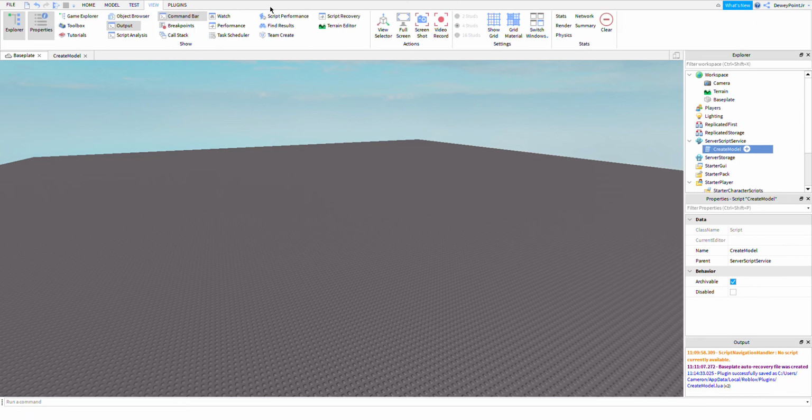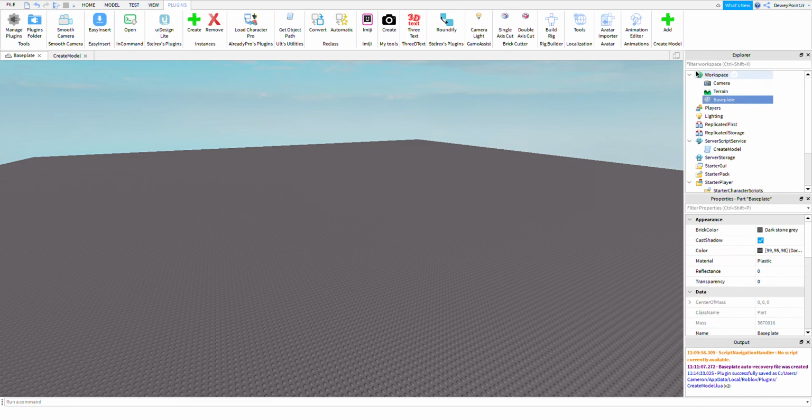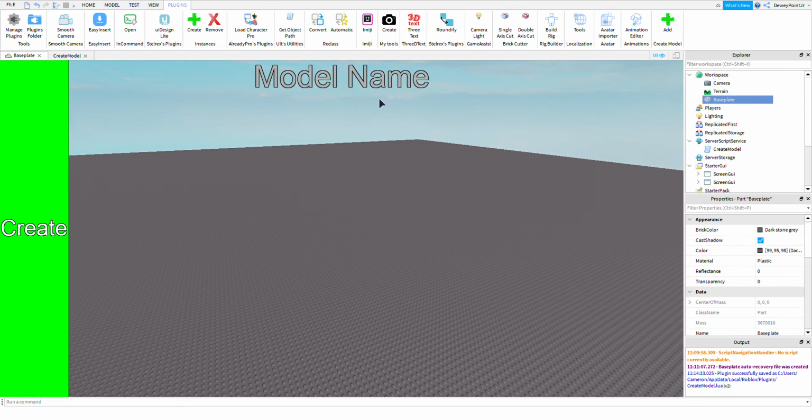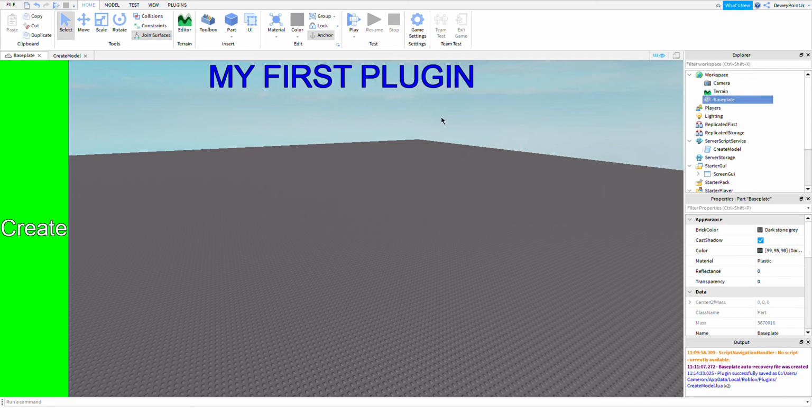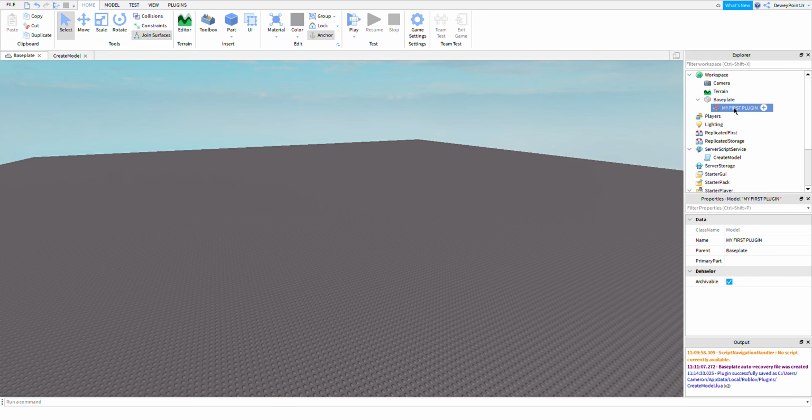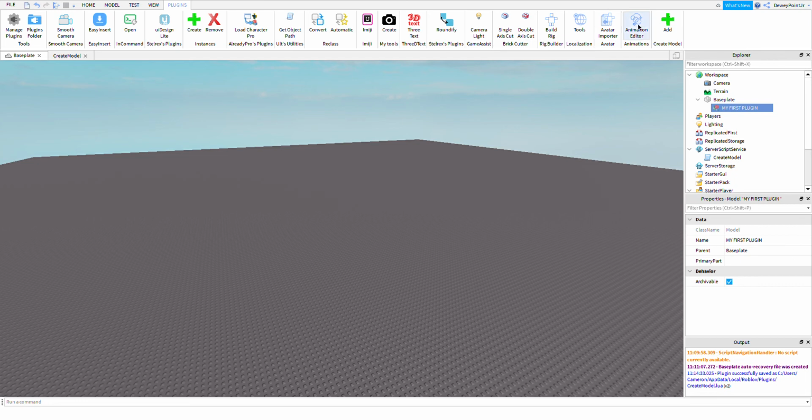Plugins. Let's do it in the base plate. Let's hit add. Model name. My first plugin. And let's hit create. And there we go. It creates a model. But if you're wondering how to make a plugin that removes a model,